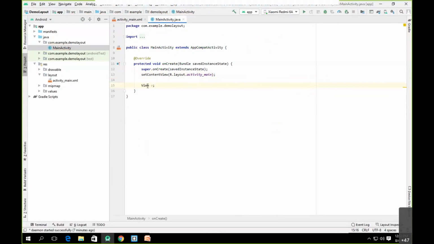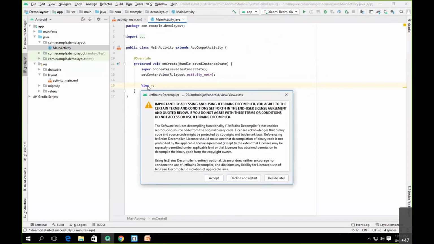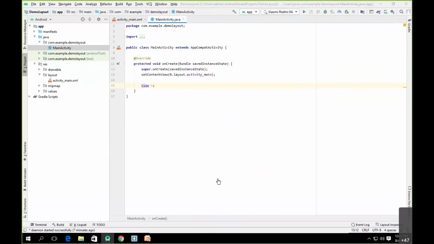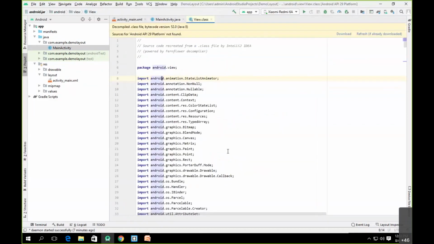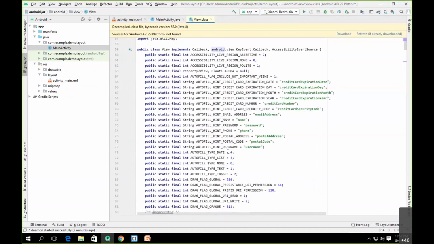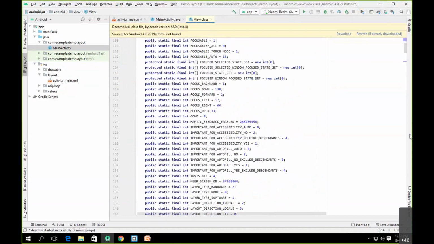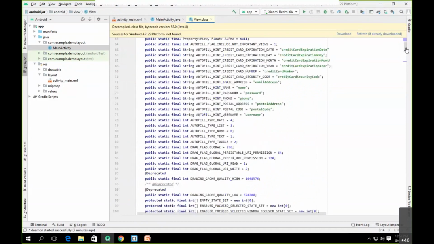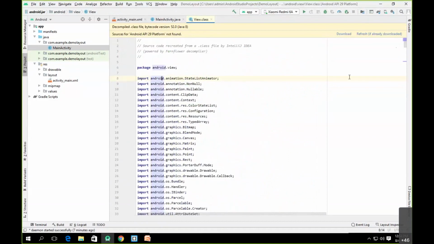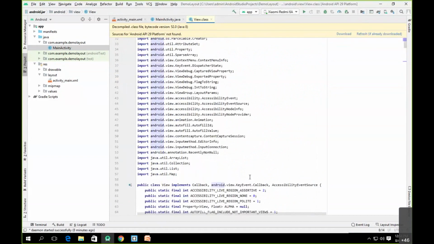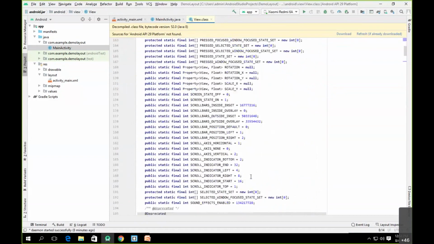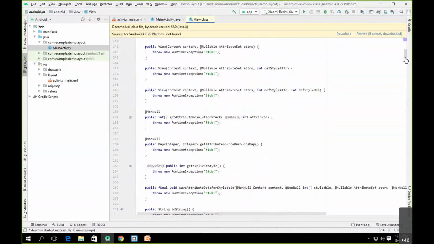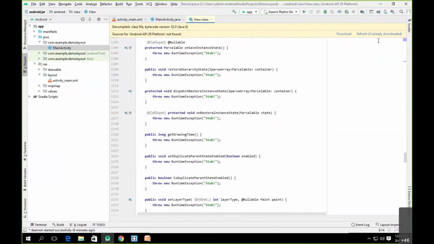Now simply hold control here and click on this particular link. Now, if you open this, you can see here that View is nothing but a class. So whatever things we have have two perspectives. One is the Java perspective in terms of the class, and another is the XML perspective.